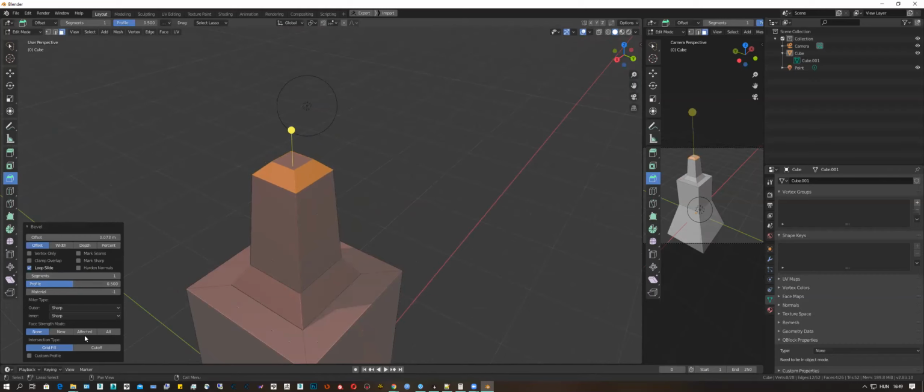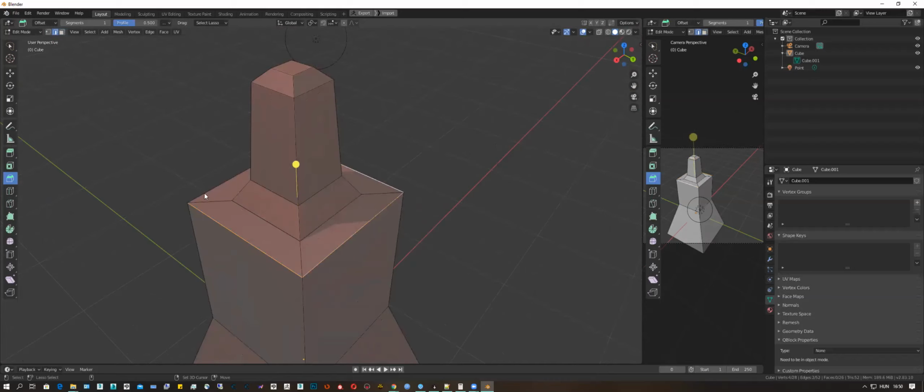This is quite interesting stuff. If we go, for example, to edge mode, we can select edges like this. If I hold Control and left click, that's how I can select those, or Shift. However, Shift is the one that selects individually, as you see. Control is a little bit different,